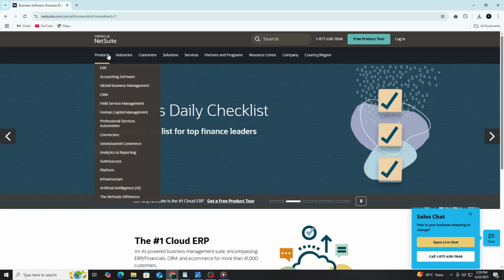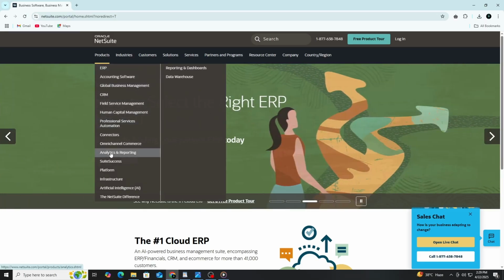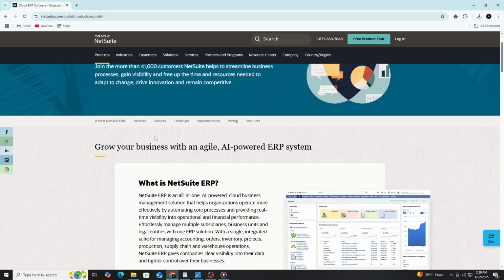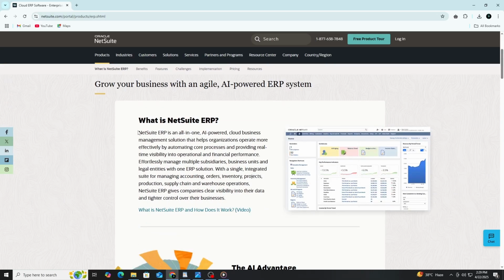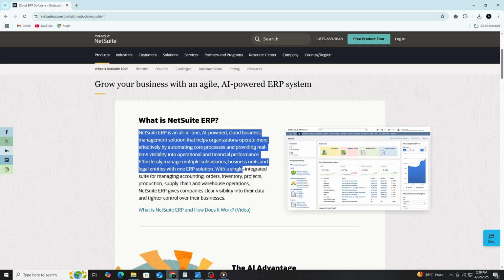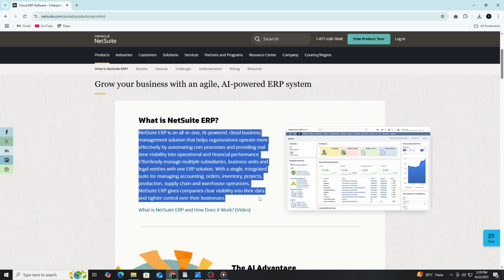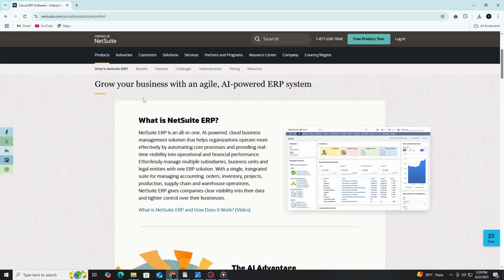Let's start by exploring the product section in detail. NetSuite's ERP is at the core of the platform, connecting all aspects of business management like financials, inventory, order management, procurement, and more. This centralization allows businesses to automate previously manual tasks. For example, a sale triggers an automatic inventory update, records revenue, and adjusts cash flow reports, minimizing errors and accelerating